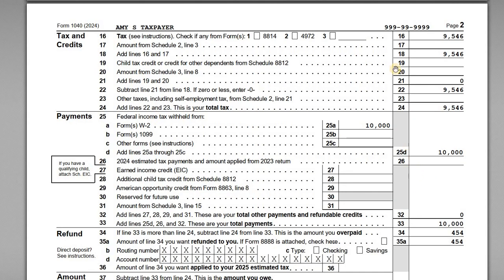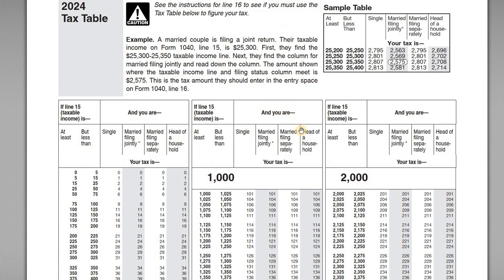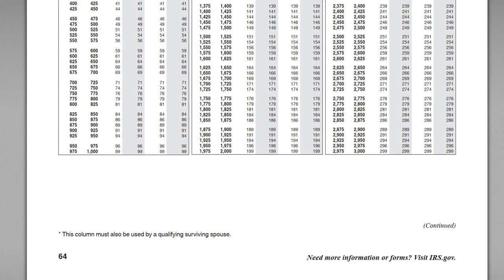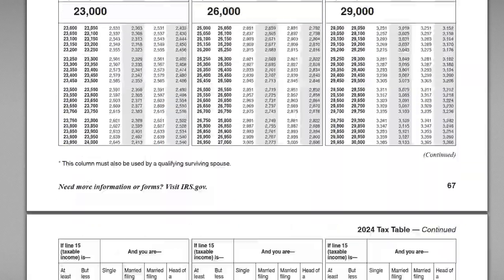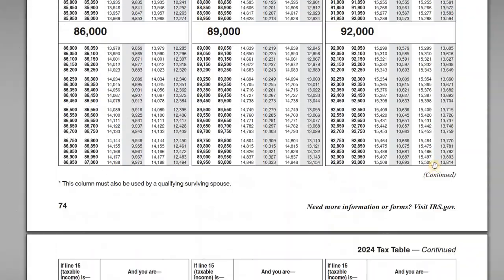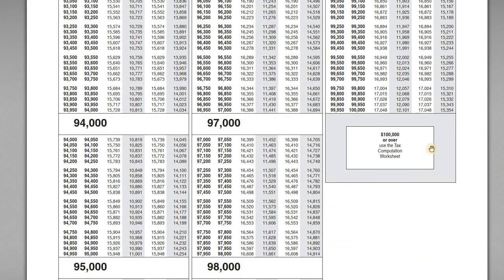So the tax we need to calculate is reported up on line 16. So if we have a look at the form instructions and we go down to the tax tables, now remember, you can't use these tables. So let me scroll through really quickly so you can see what I mean. The first issue, these tables, they only go down to $100,000, right? So note here, if your taxable income is $100,000 or over, you've got to use the